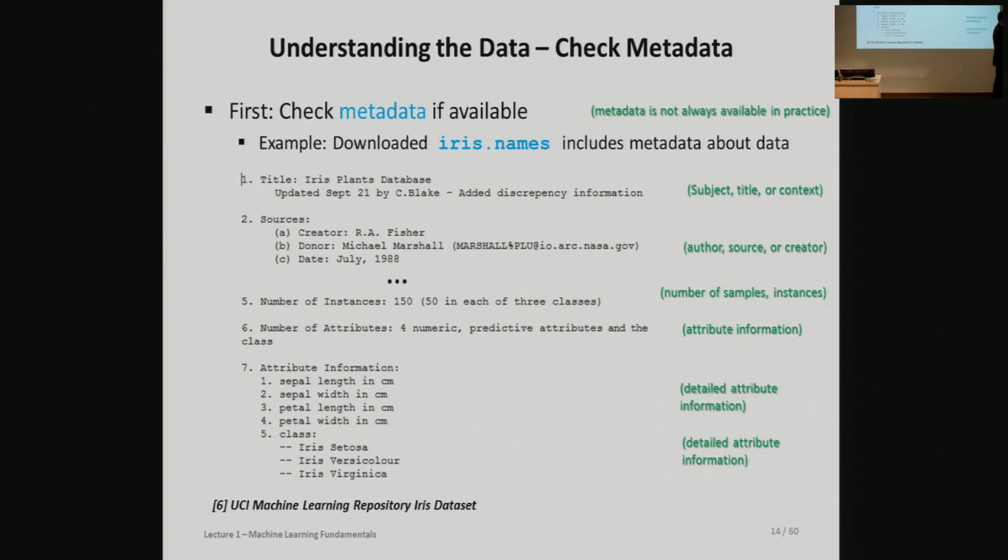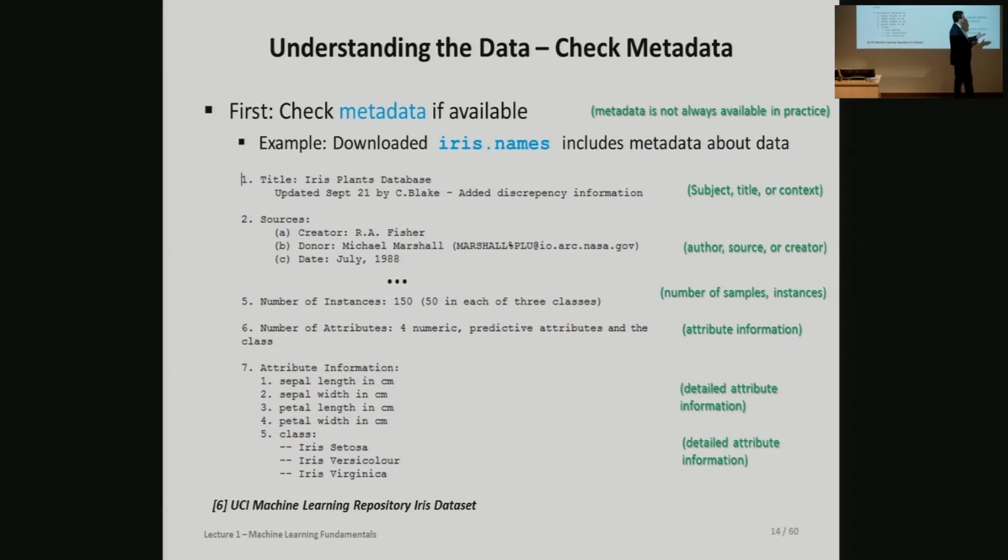Here you find information about the creator, and so on, which is of course important when you study the data sets. You should quote those that created the data. But of course interesting for us are these aspects that I mentioned to you before. We see, okay, there are 150 samples in the data, or instances, or you name it. Each of the different fields has come up with different terminology for the same thing. So they are all instances, samples, basically used interchangeably, meaning the same thing, your data items really. We see, okay, 50 in each of the 3 classes, so we know it's a 3-class problem.